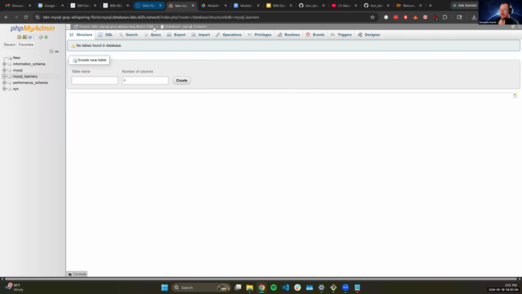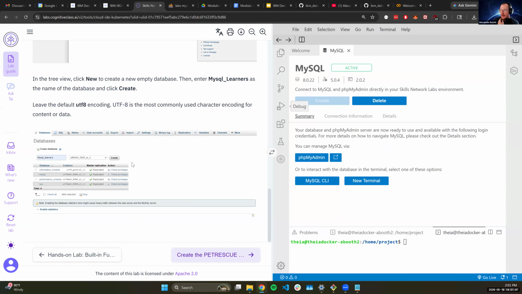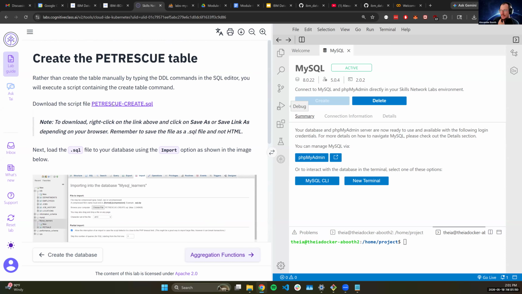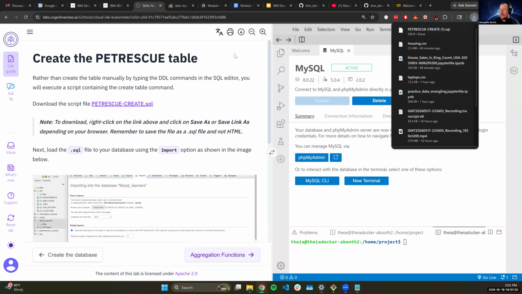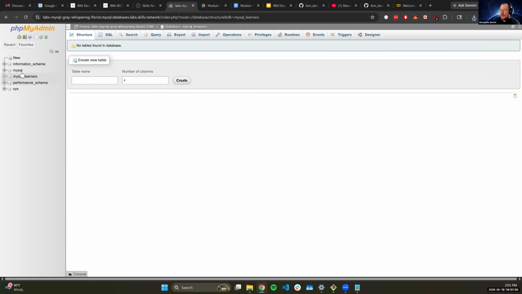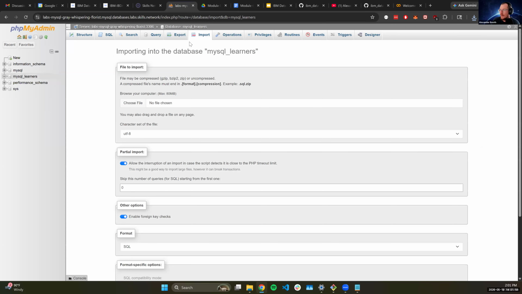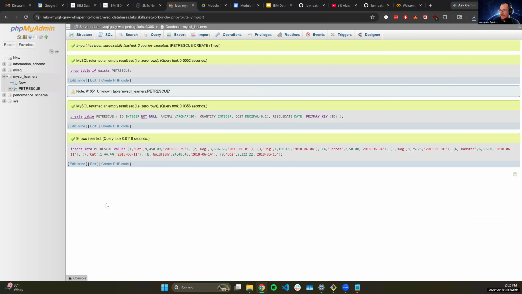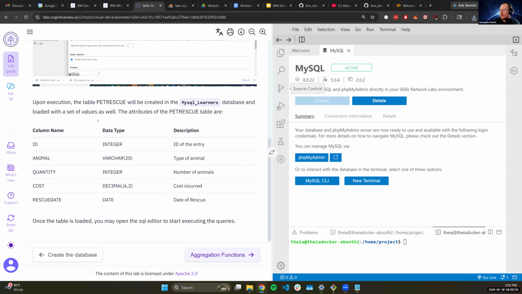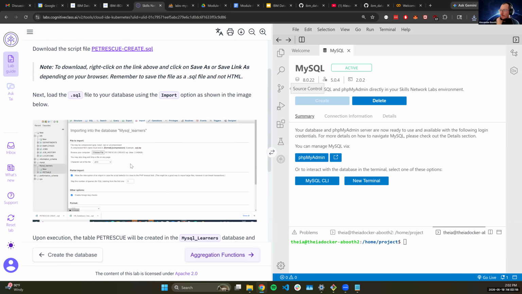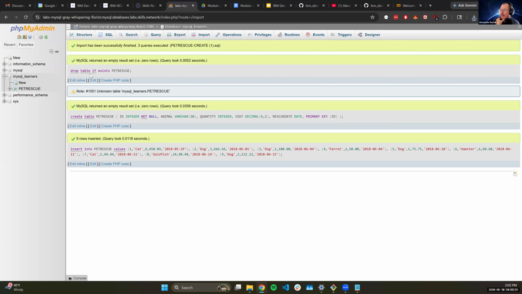And then inside of my database, we want to create some tables. I'll download this script here. And in my lab, we should be in the table import. We're going to import our SQL script. And then if all goes well, we should be able to run everything, which I think should execute automatically. Import has successfully finished. 3 queries executed.